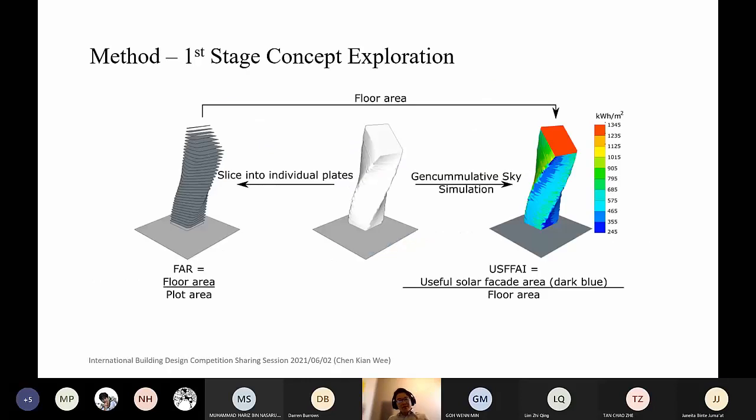So first of all, what should you design according to what objective? Two simple ones. One is to maximize the FAR, or in Singapore we call it the plot ratio, right? So the amount of built-up area divided by the plot area will give you how well you utilize the site. So you want to build as much as possible, but at the same time, you want to make sure that what you build is able to have